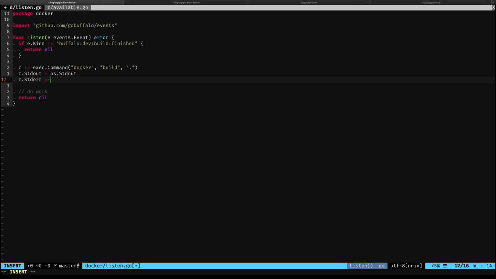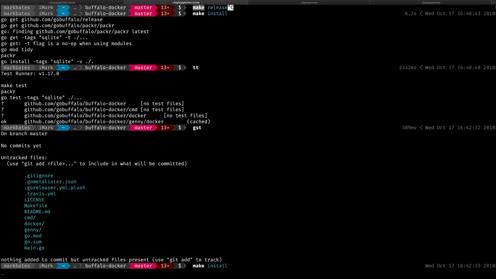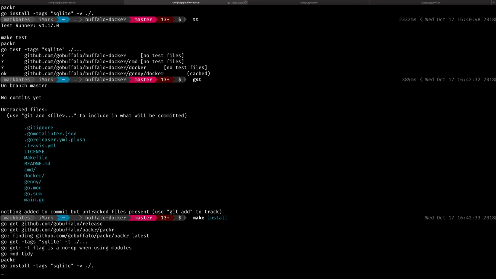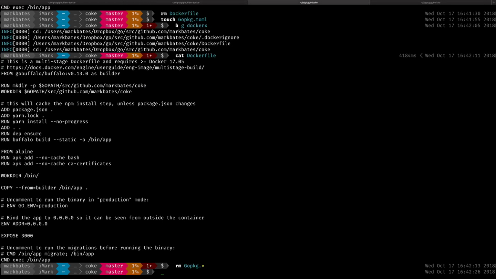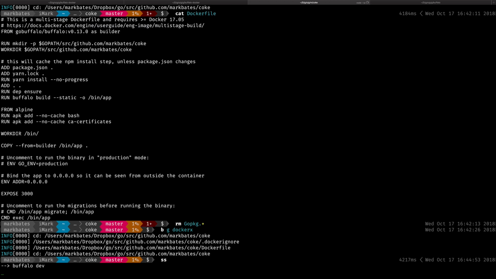Now, I'm not going to actually check this particular bit of code in because I don't think this is something we really want to do. However, it's fun to see it in action and see just how easy it is to do that. Okay, so I wrote that small little function. Let's install it. Let's go back to my app here, and I'm going to make sure to generate my Buffalo Docker stuff again. And I'm going to start up